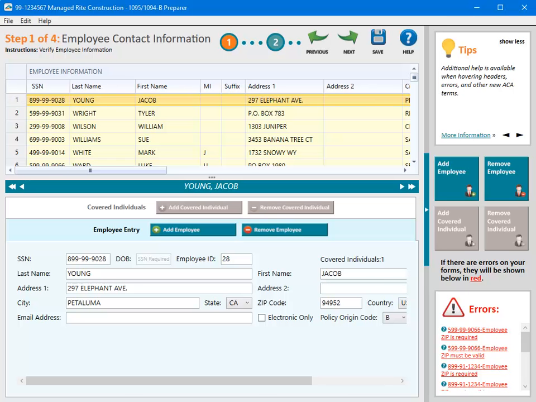And this starts the transfer of data from your program into the forms. And the 1095, 1094B Preparer window opens. This will guide you through the remaining steps to prepare and submit your tax forms. Before you start, take a moment to get familiar with the Preparer window. At the top of the window, you will see a status bar that lets you know what step in the process you are on,